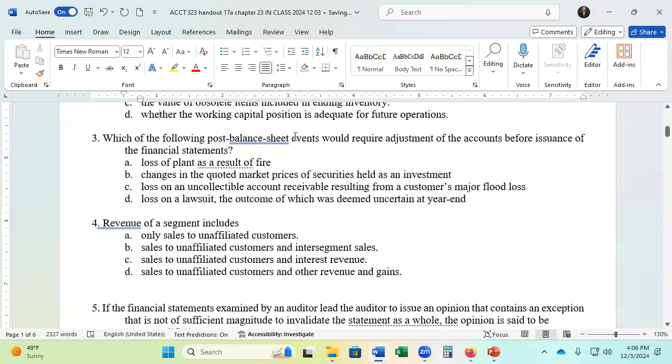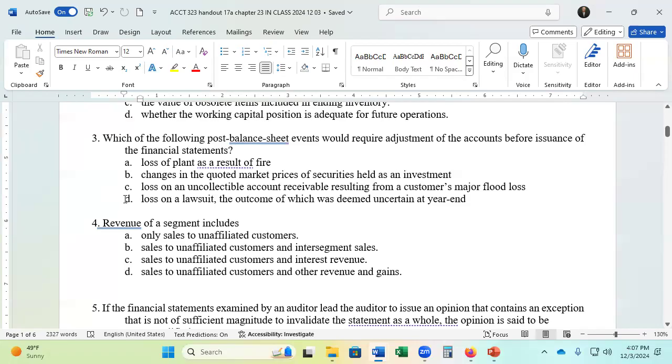3, which of the following post-balance sheet events would require adjustment of the accounts before issuance of the financial statements? So this post-balance sheet is that time period that they're referring to is after the financial statement period has closed. So let's say you're closed on December 31st, but before you release the audited financial statements to the public, so like February 2nd or something like that. So if something happens in that time, and it's material, then you have to disclose it,